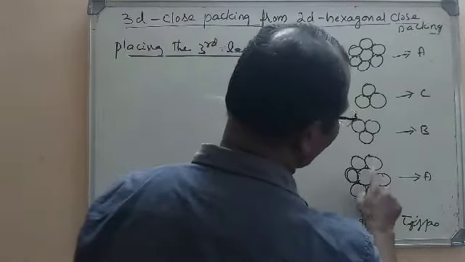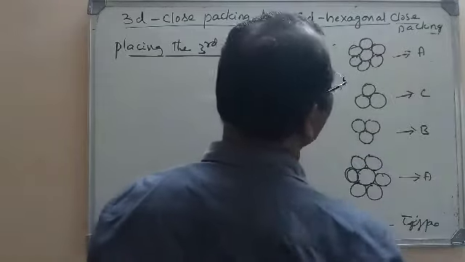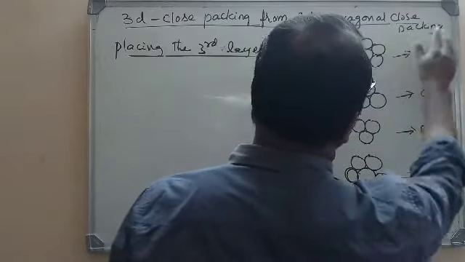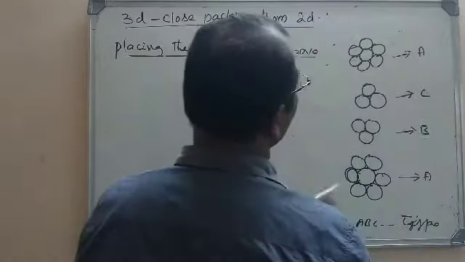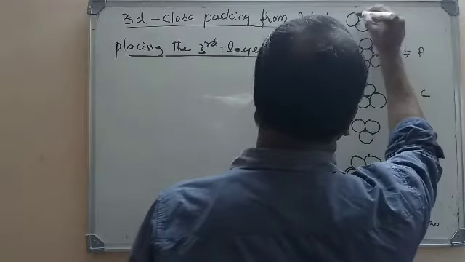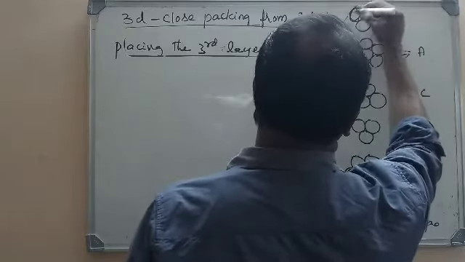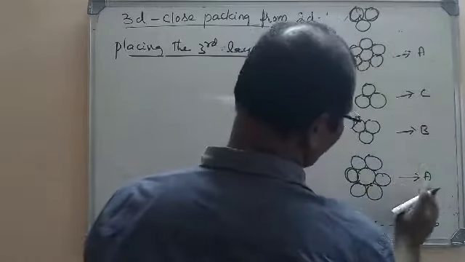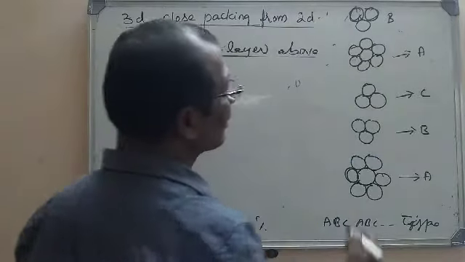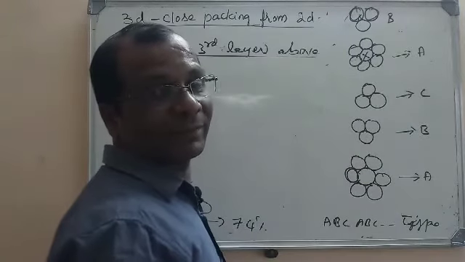For example, here A, B, C, and here again A, and again what will be here? Again B will be there. So if it is A, B, C, again what will be there here? B will be coming here. That is again here. Again C. So A, B, C, again A, B, C, and so on. Now let us take one sphere X here. See this sphere X here.